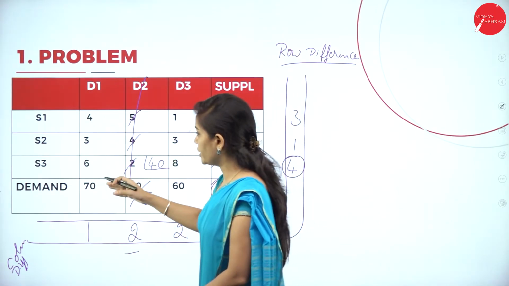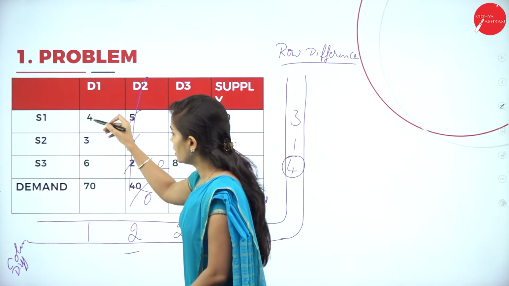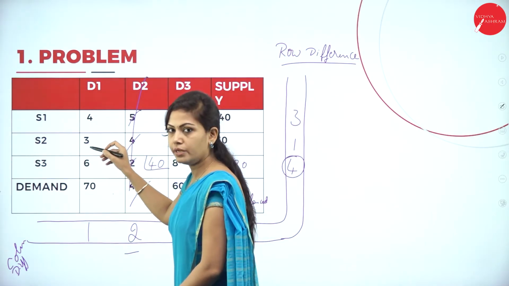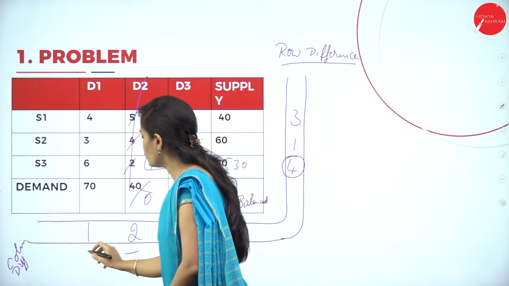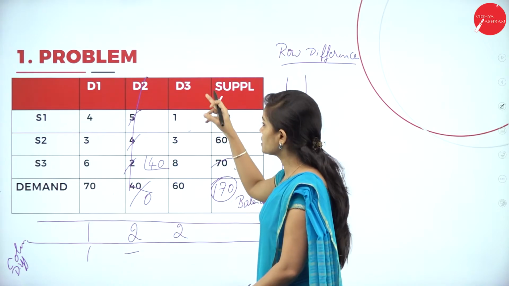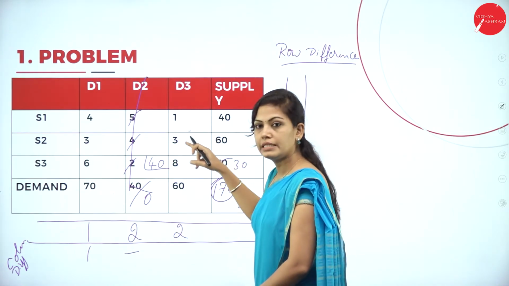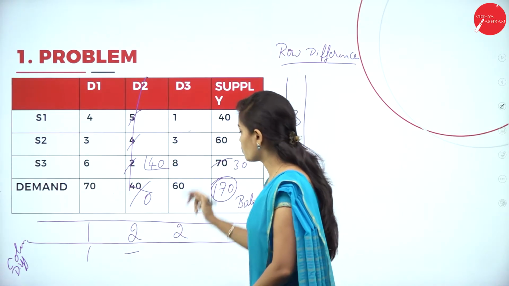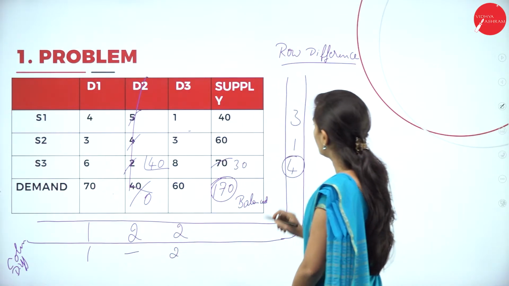Next, find the differences for D1 and D3. Again, the least value is 3 and the next least value is 4. Again we get 1, 4 minus 3. The next column is D3. The least value is 1 and the next least value is 3. 3 minus 1 is 2. And